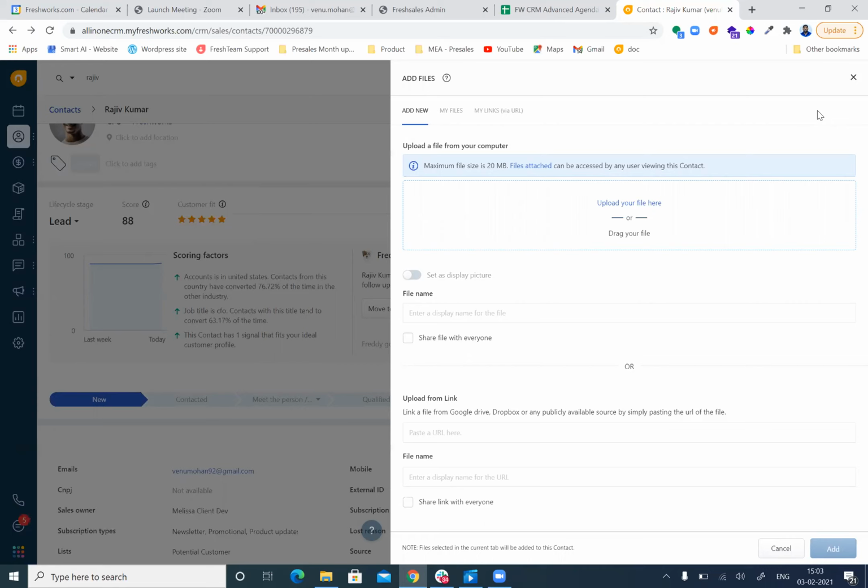So, if you see on a local computer or laptop, you can create multiple folders and put appropriate files and documents in the sections. But here in the CRM, you are able to import all your files and documents, but you are not able to categorize them folder-wise. If you have a larger number of files, like if the file size is more than 100 MB or 120 MB, you can upload that to your Google Drive, Dropbox or OneDrive, and share that URL in the CRM here for quick reference.